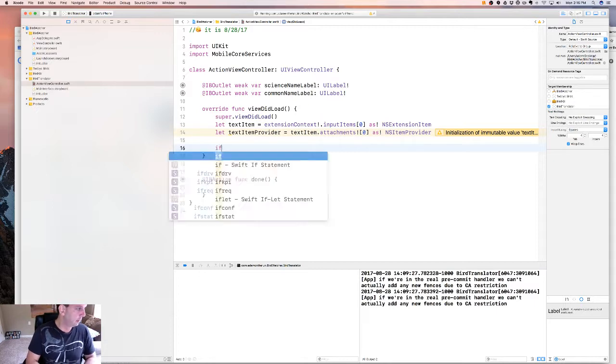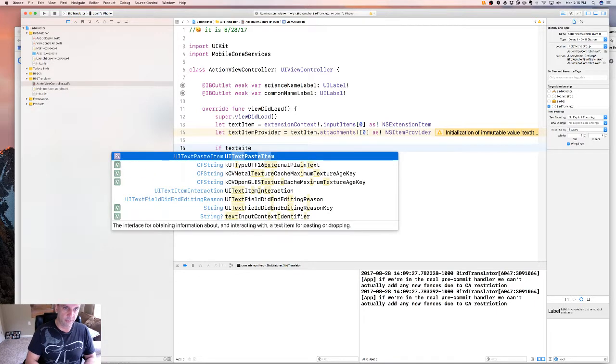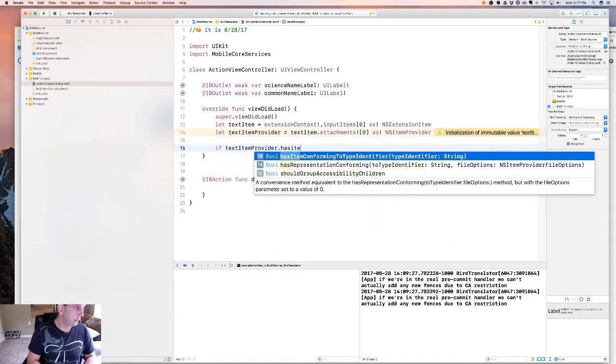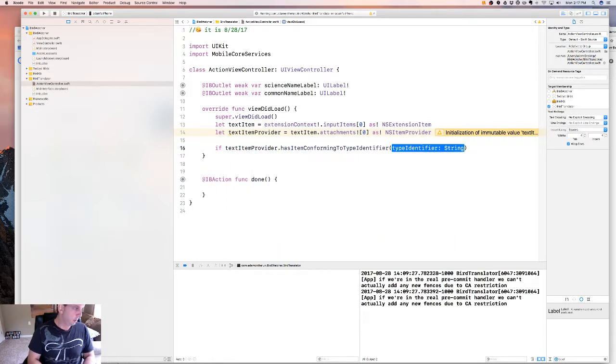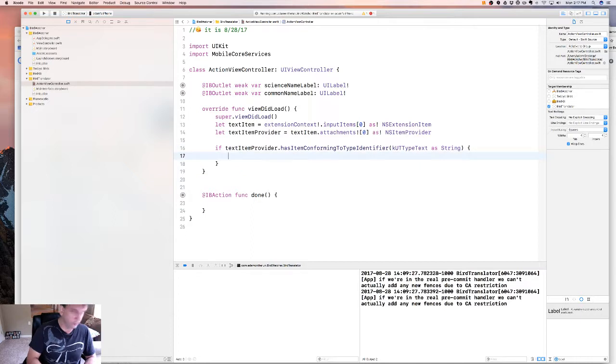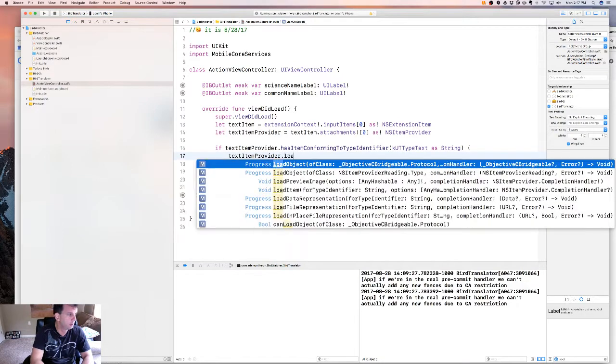So we're going to say if text item provider has item conforming to kUTTypeText as String. So what this is doing is saying if this item, text item provider, has any items conforming to this type identifier, so basically if this thing has any strings in it whatsoever, or any text whatsoever, then we'll do the following, right? And so then what we'll do is we'll say load item,